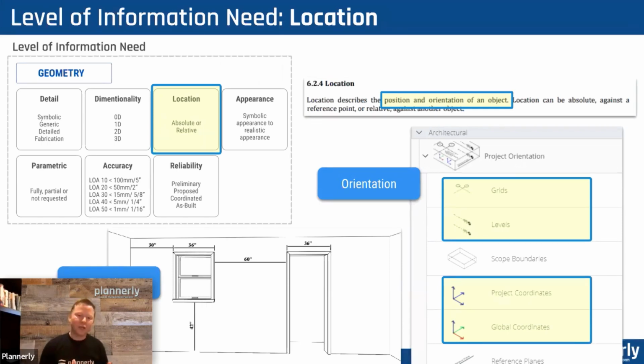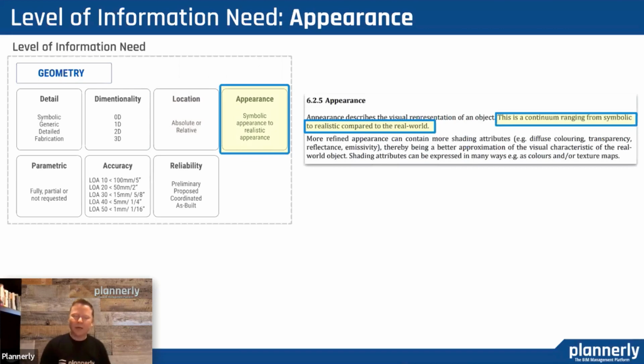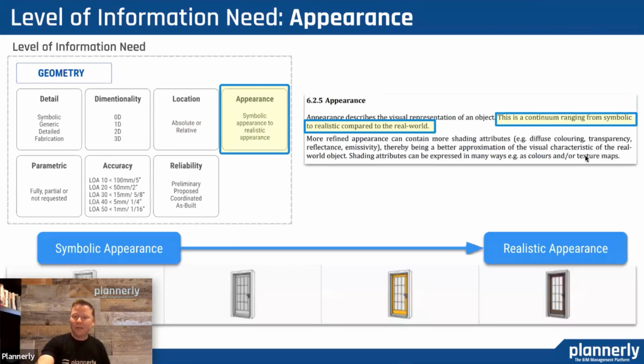So is a window associated with a wall? Does it need to be 3 meters away from the corner of this wall? That type of representation could be required if you wanted to describe by location. And then appearance, understanding maybe from a rendering perspective, what the color, what the translucency, transparency, reflective, all of those